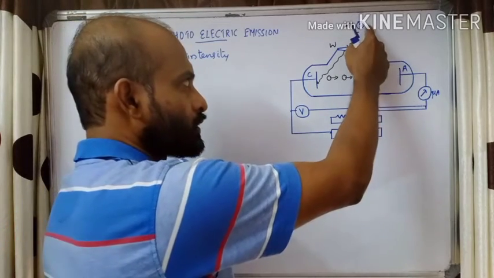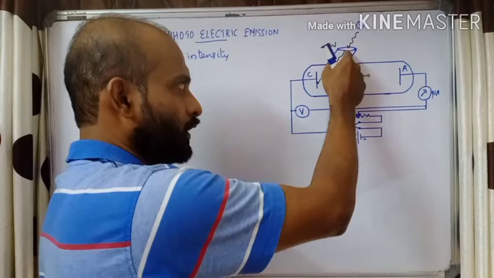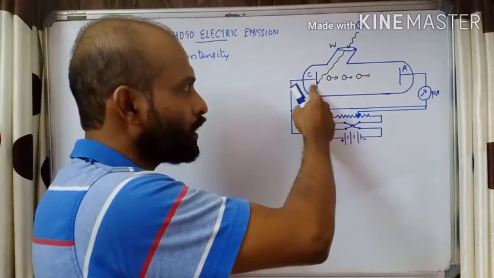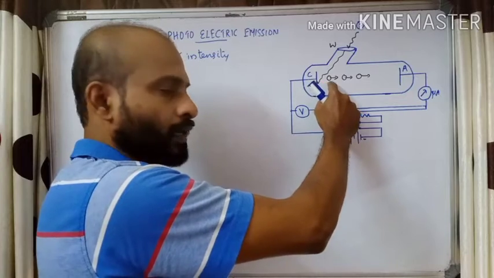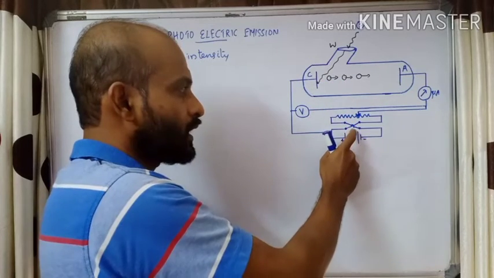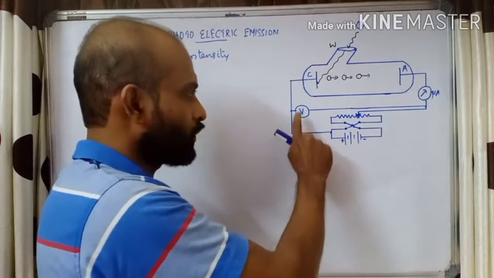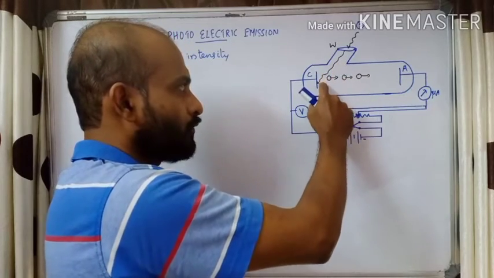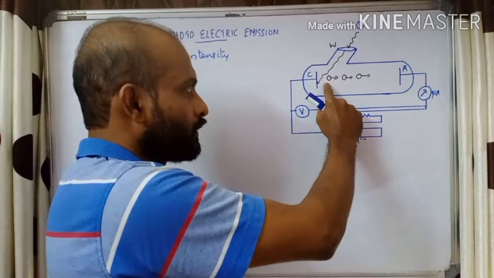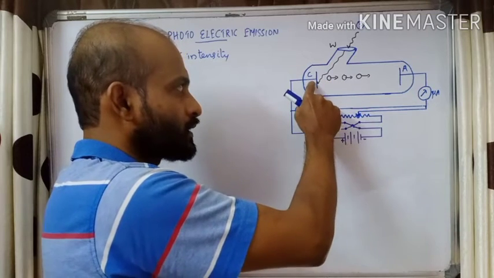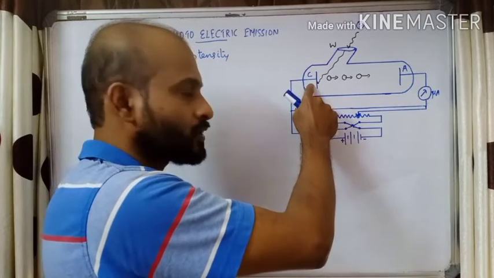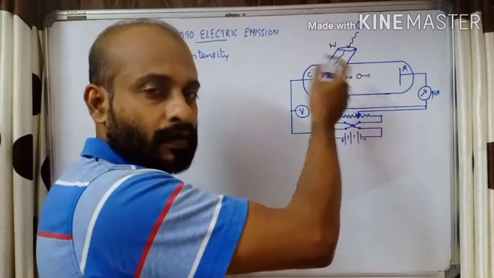Now the 100 watt power light is entering through the window. It is falling on the metal surface. This is the emitter surface. What will happen? The emitter will start to emit electrons. Initially, suppose we are not applying any voltage, the potential difference between them is 0. Now a few electrons will be emitted. Then when these electrons are emitted, this collecting electrode will become a little bit positive, because electrons are lost from the metal surface.